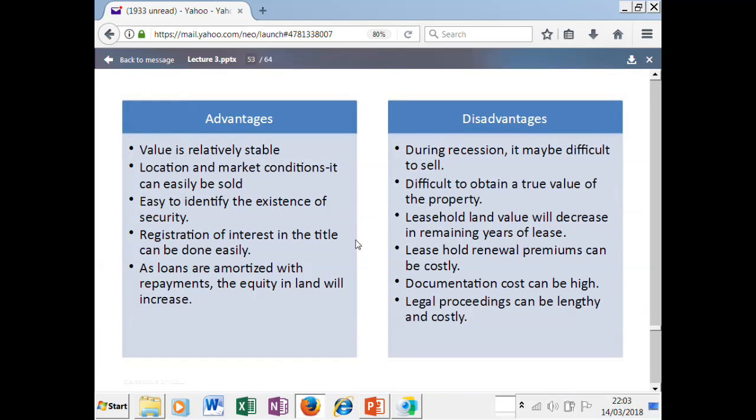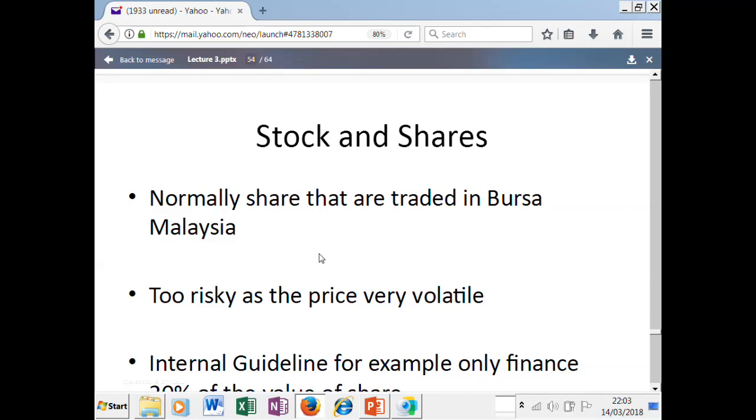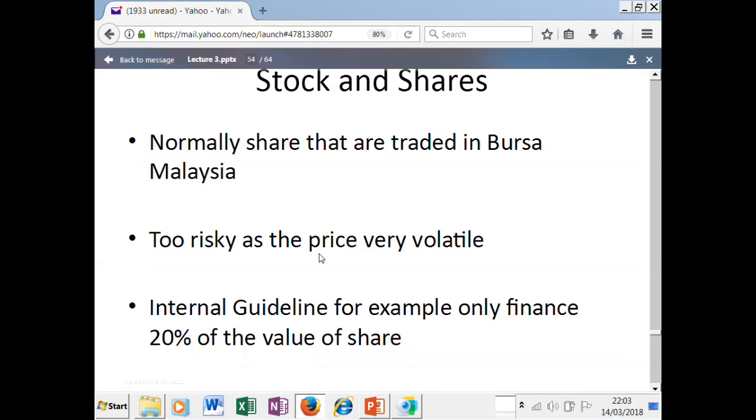So dealing on land, advantages and disadvantages, tak perlu ya. Stock and shares pun ada. Kalau stock and shares ni kadang-kadang kita nak bagi dia orang share financing, kan? Dia nak beli share, tak dia nak pakai duit ni. Share financing ataupun margin financing. Right? Margin financing is